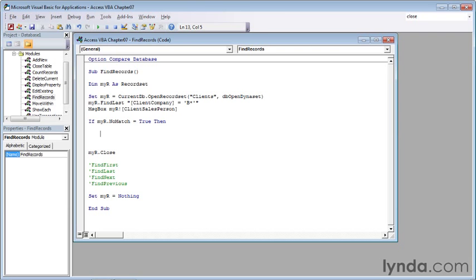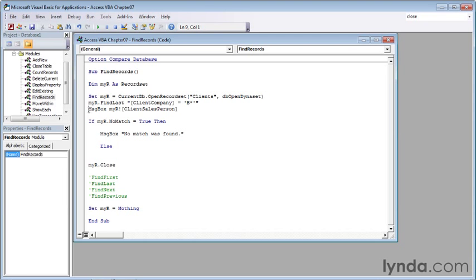And I'll press enter twice, press the tab key to offset my code. And what we want to do if we don't find a match is type message box, MSG, BOX, space, double quote, no match was found, or any message of your choice, and then a double quote. Now press enter twice, and now comes the else statement. So ELSE, down arrow,